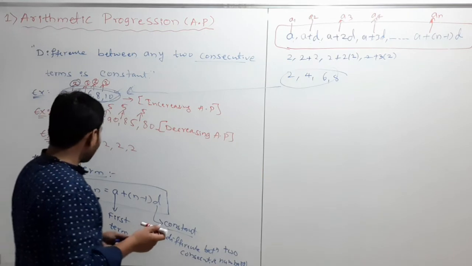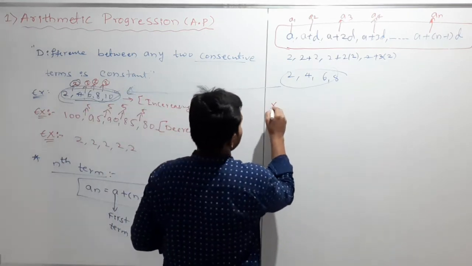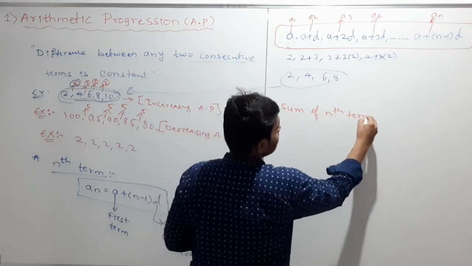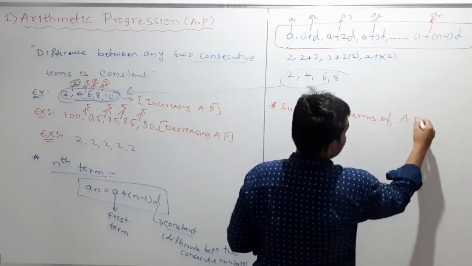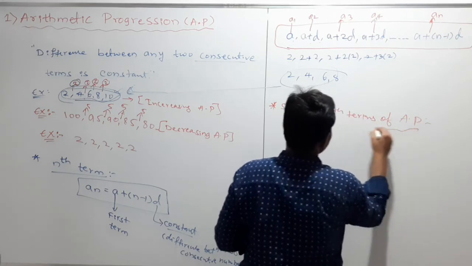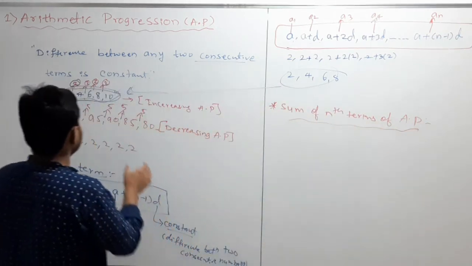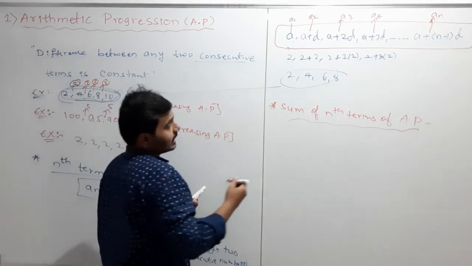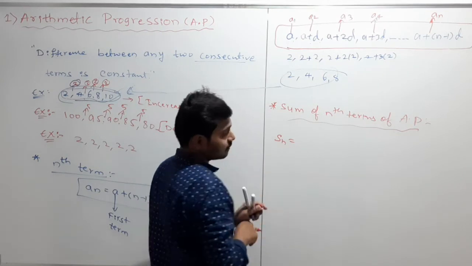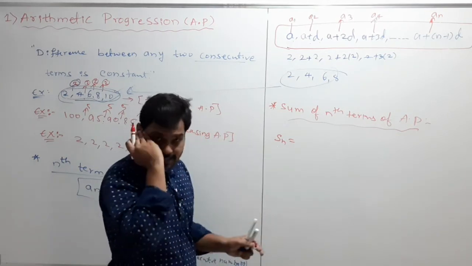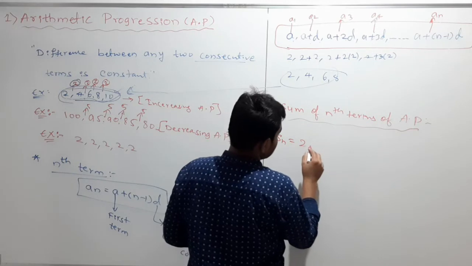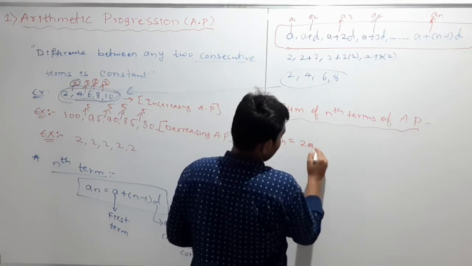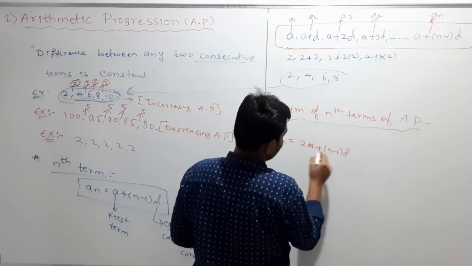And now if I wanted to calculate the sum of n terms of an AP, we can calculate that by using a formula, and the notation for the sum of the nth term is Sn equals, you can write here,